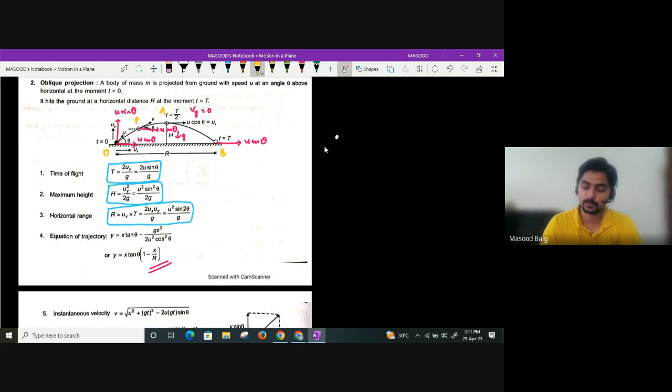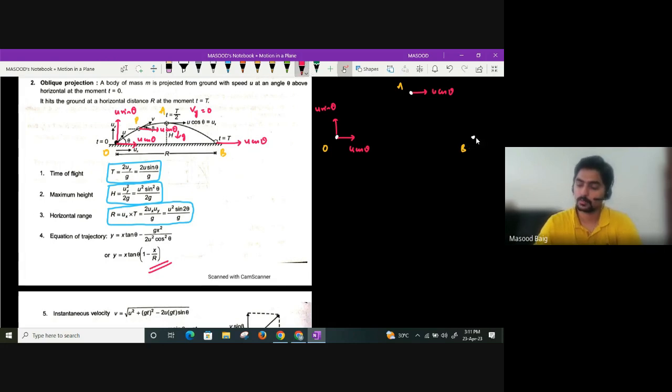If I take point O, what component does it have? It will have u cos theta, and it is going to have u sin theta. If I take point A, guys, which component is it going to have? It is only going to have the horizontal component, which is u cos theta. If I take point A, which is the maximum height. In the same manner, if I take point B, which is the point of landing,